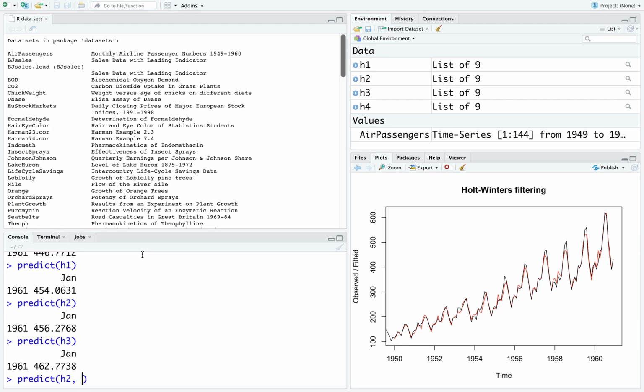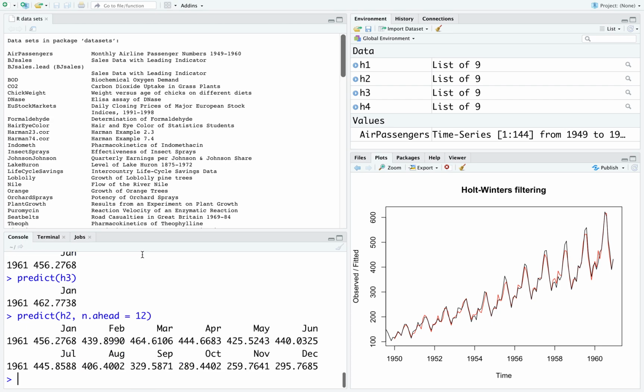So, if I now say I want to get a prediction for a full year, I can say n.ahead equals 12. Give me the next 12 values, right. It is going to give me the values for the entire year, January to December of 1961, and you will see that it is telling me when is the peak passenger volume according to this prediction, right. Is that right or wrong? So, it is telling me that January, February and March are the peaks, right. Is that the reality? We do not know, right.